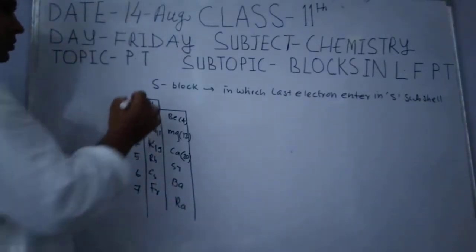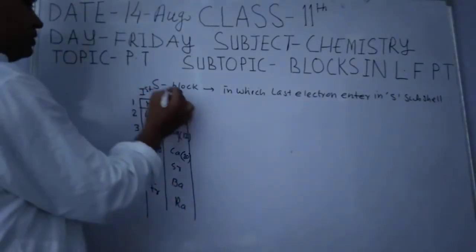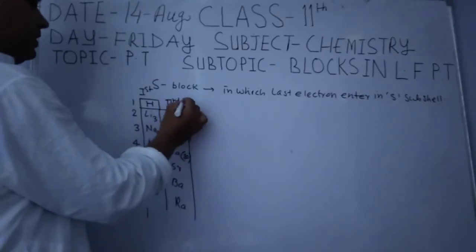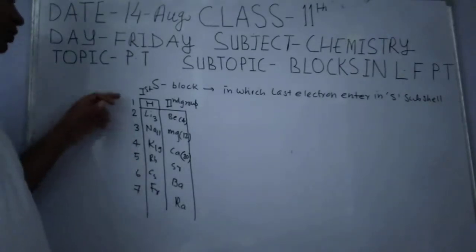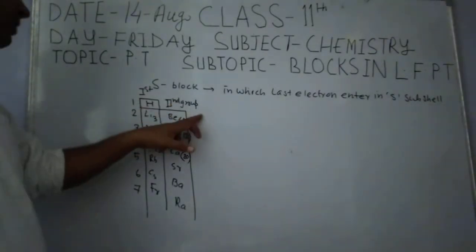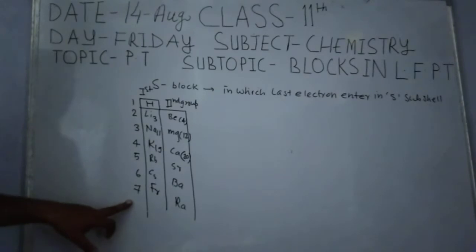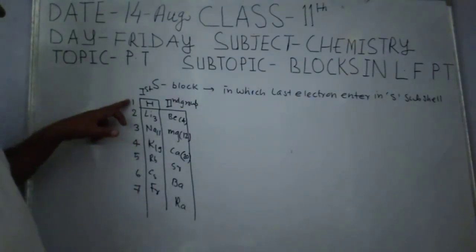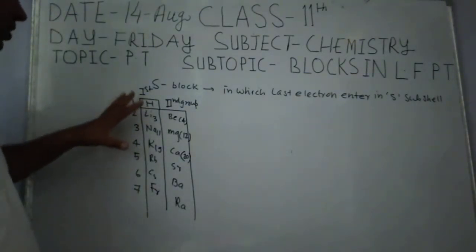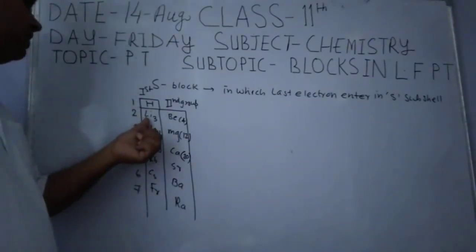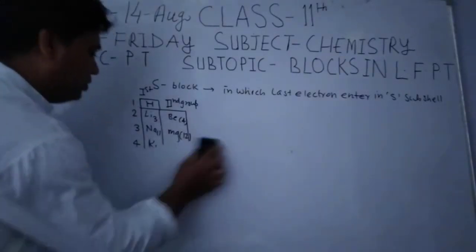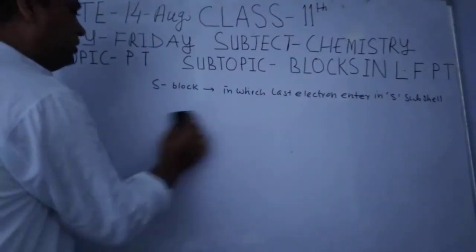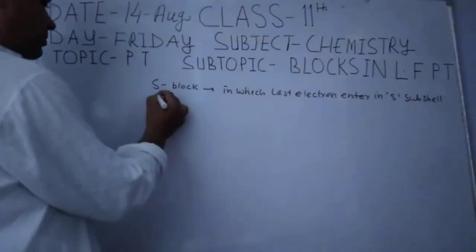Okay, so this is first group and this is second group. So in S block element there are two groups, that is first group and second group, and total number of period is 7. The first element in S block is not hydrogen because its position is not fixed. The first element is lithium, its atomic number is 3. Next, how to write the electronic configuration in terms of blocks for S block element.